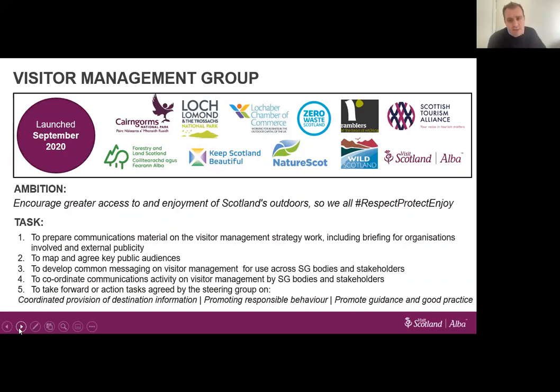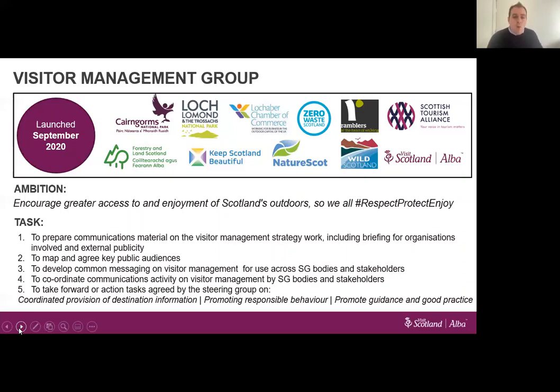So with ourselves as Visit Scotland and all the partners that you see there, the group was launched in September to encourage greater access to and enjoyment of Scotland's outdoors through establishing a relationship with the consumer to respect, protect and enjoy Scotland. When the group was brought together, the task was clear: to align our communications material along with the strategy of the Visitor Management Group, including briefing organisations of the efforts